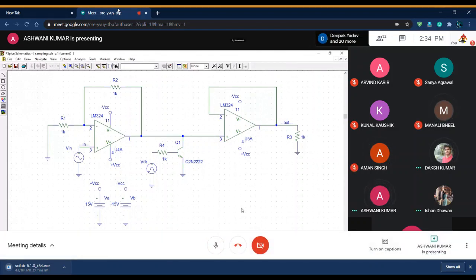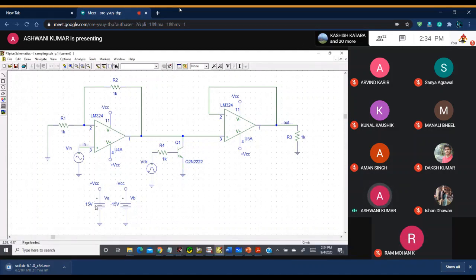You can see here we are using two operational amplifiers. This is one operational amplifier, this is the second operational amplifier, and this is one transistor. These are the biasing points, plus and minus 15 volts, VCC. We are giving a global variable.